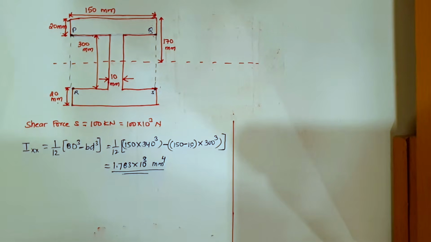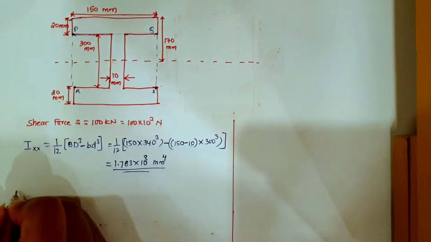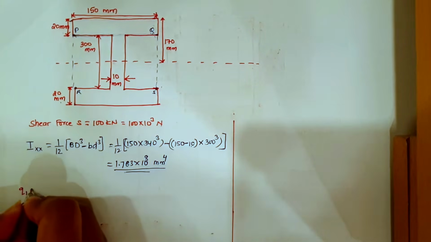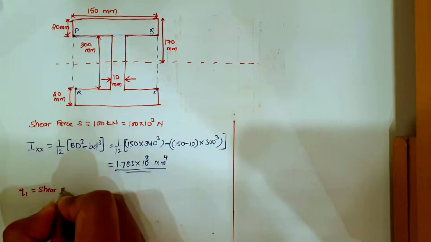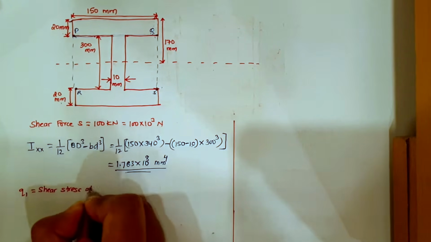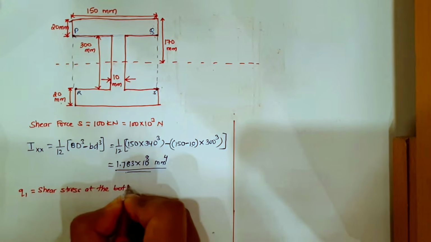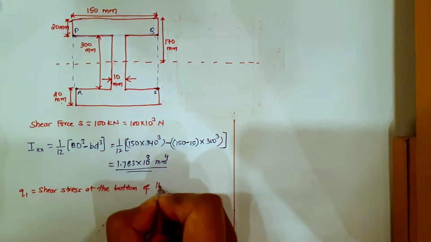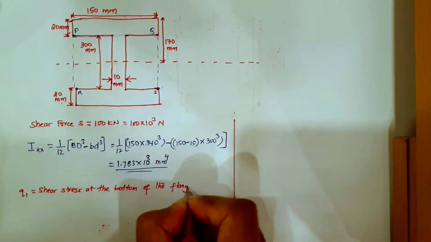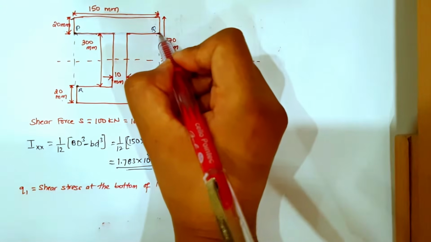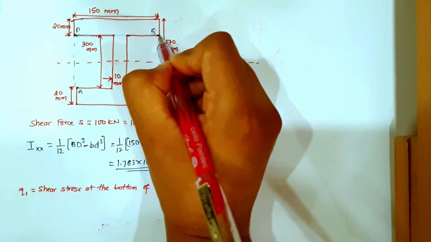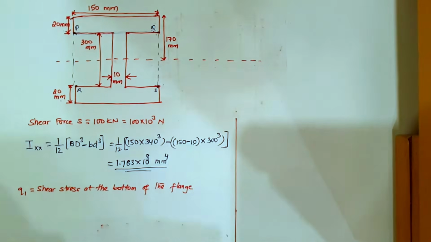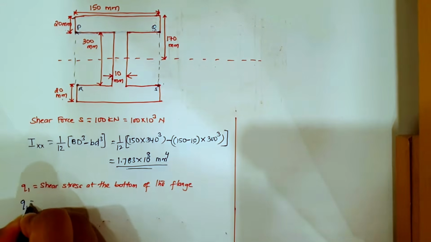Now let us start by finding Q1. What is Q1? Q1 is the shear stress at the bottom of the flange. Right? Now if I consider from the top, the bottom of the flange comes here. So my bottom of the flange is here, and I have to find Q1 at this portion. So Q1 will be equal to